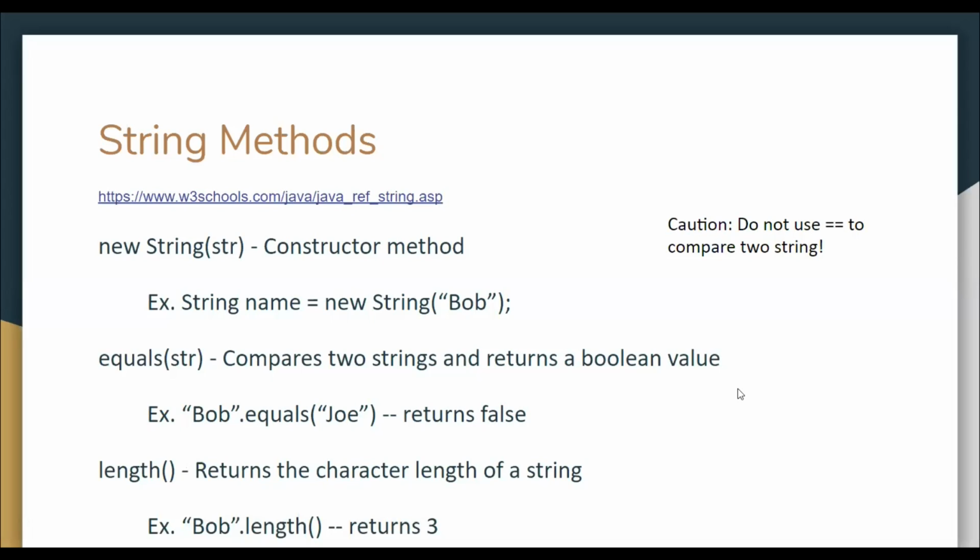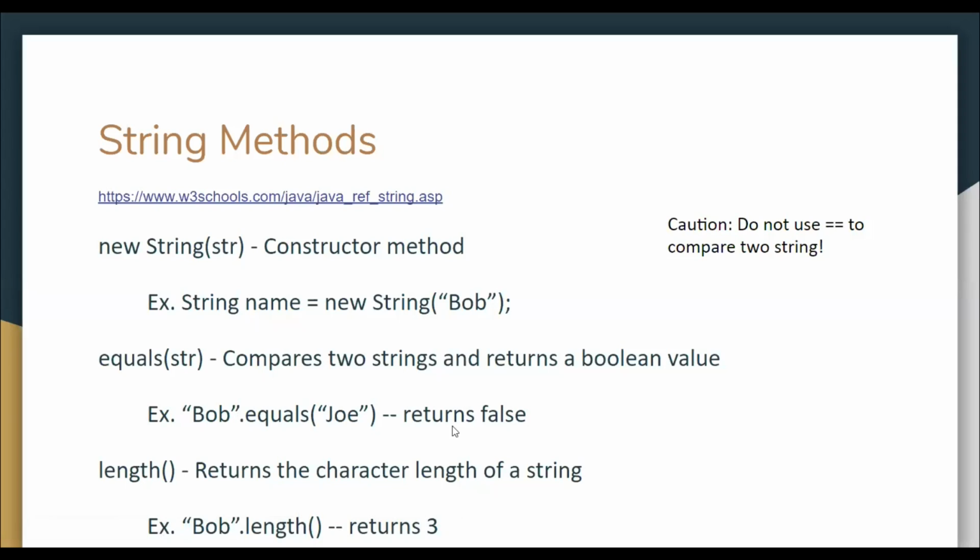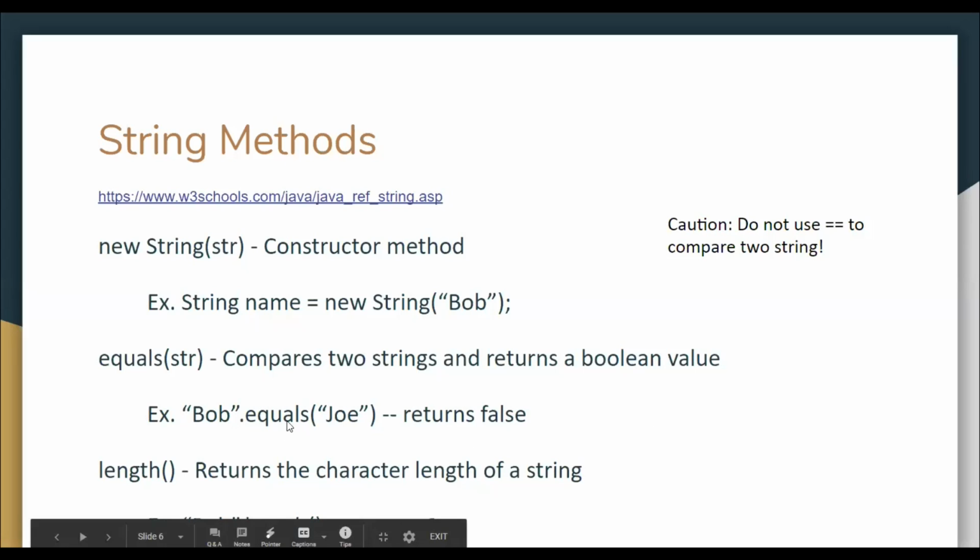So, any questions? Also, note that I did not create any variables representing Bob or Joe in this instance. I just directly wrote the strings themselves. However, if I created a variable called name and set it equal to Bob and did name dot equals Joe, it would still run the same as intended. So every single instance where